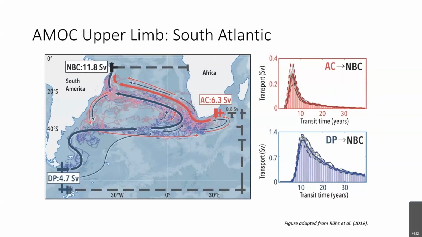This section of the paper reviews the relative importance of the cold water and warm water pathways of the South Atlantic AMOC. The warm and salty pathway originates from the Agulhas, and the colder and fresher pathway originates from Drake Passage. And both of them are relatively light upper ocean waters, so they can both participate in the upper limb circulation of the AMOC. But of course, they have very, very different thermohaline properties and different pathways.